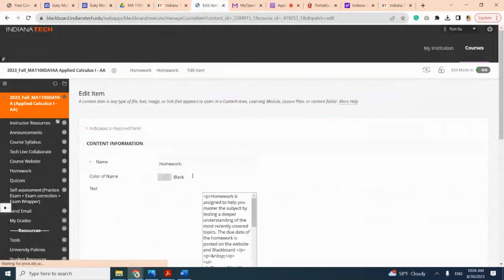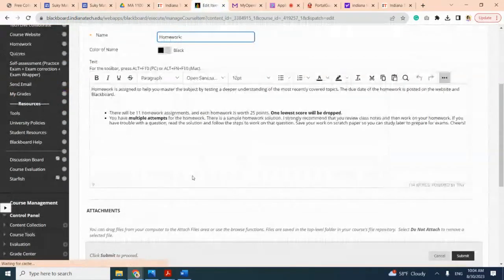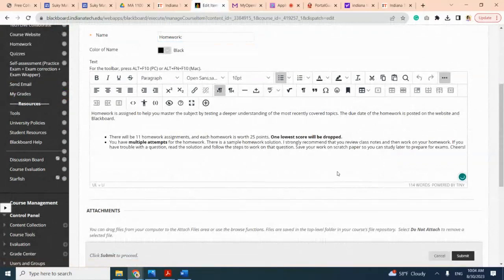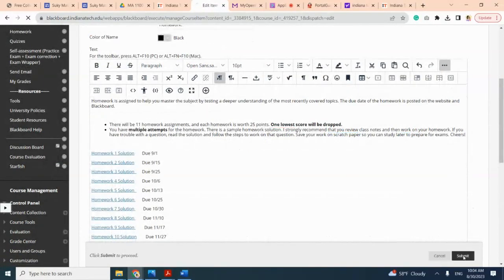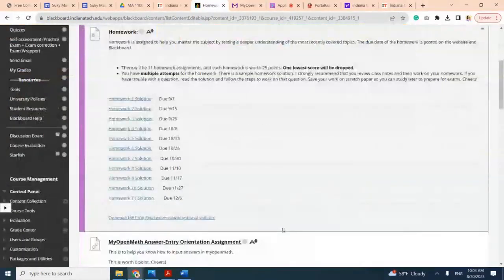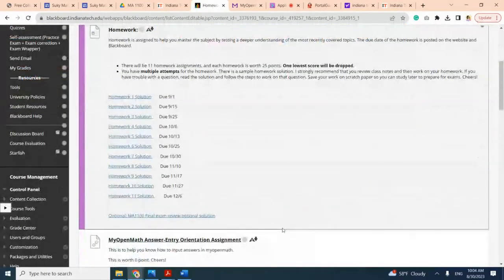So you can see these links in Blackboard too. Let me paste right here. So these are the sample solutions, because every student will get a different version. It will randomize the questions and change the numbers a little bit. So for the second attempt, you can look at the sample solution and follow the steps and see what's wrong, and then you can fix your work.